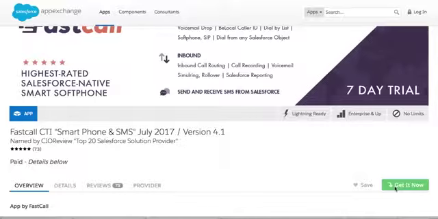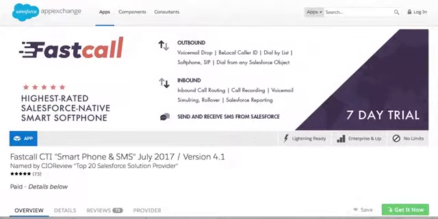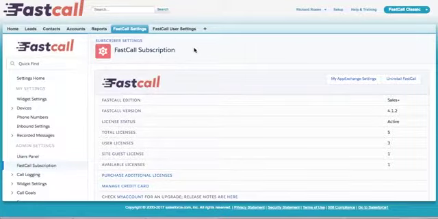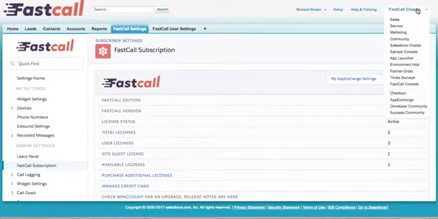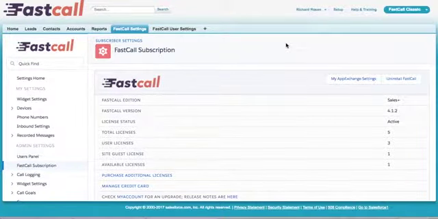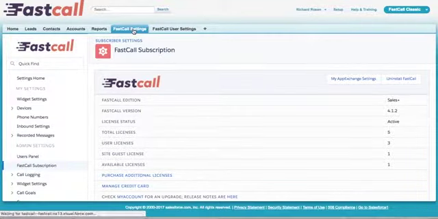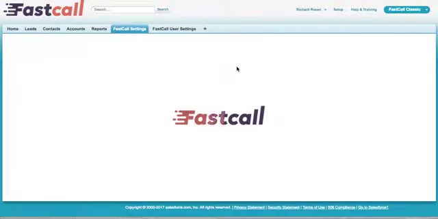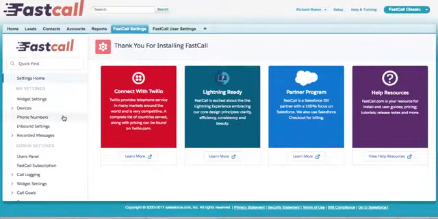So you've installed the application through the App Exchange. I'm not going to go through those particular steps because that's all managed by Salesforce. Once the application is installed, you're going to see Fastcall here in the Salesforce application menu. Once you are in the Fastcall application, you'll see Fastcall settings. Looking at the Fastcall settings, you will notice that there are user settings, which are here,